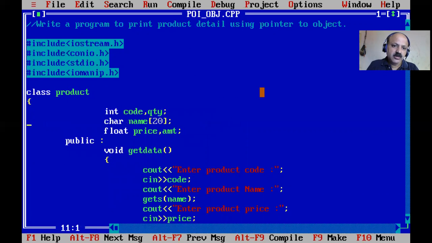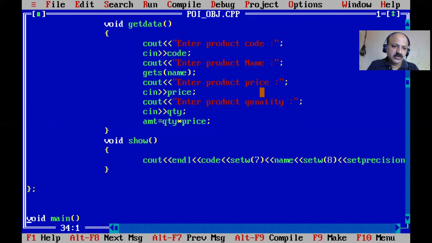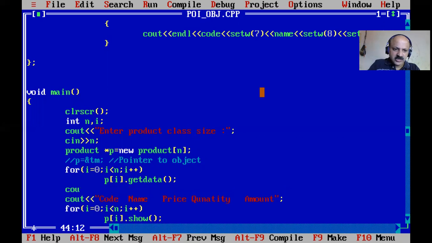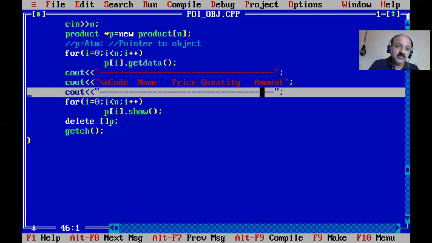Very simple definition for you: product detail, so we can find it, and also you can print it in table format. Yes, but I will not waste the time of this session. I just give the idea, just only the heading. We can set it like this with a minus sign. Okay, and then you can also provide the slash n and so on, otherwise it takes the same line. So yes, here it is not required, but after the same line is there, here we can take a new line, copy this line and provide it here, and in between also you can take